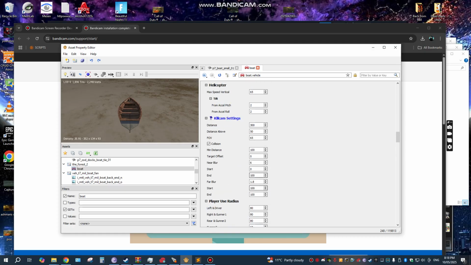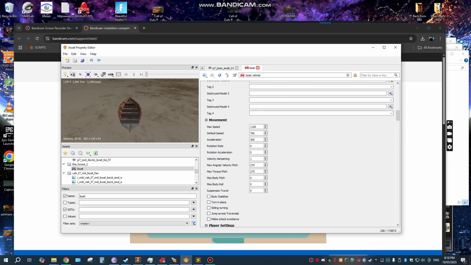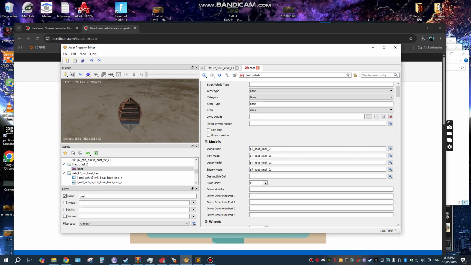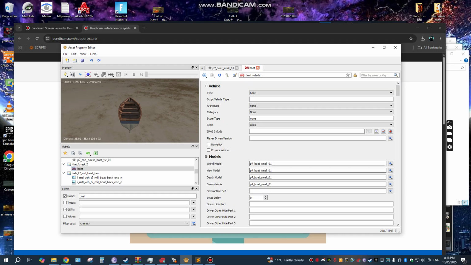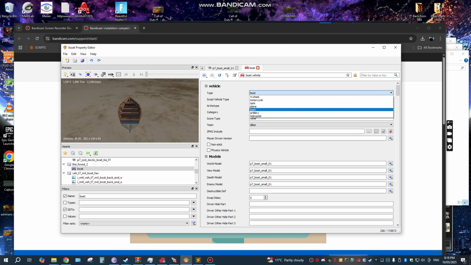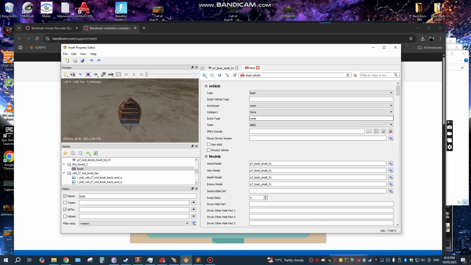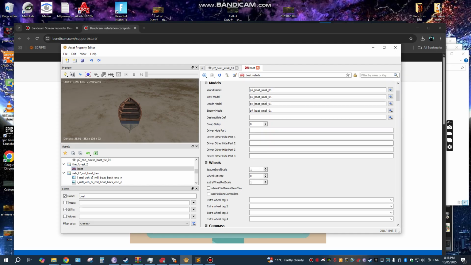So a few settings. Most of this you don't really have to worry about, but up the top we've got the model that it's going to be, the view model, def model, enemy model, and so on. And here we've got the type. I've made a boat, so I called the type boat. Archetype none, category none, source type none, team allies. You can check